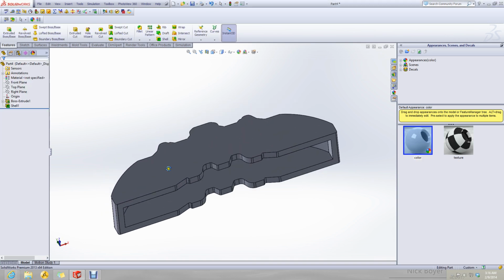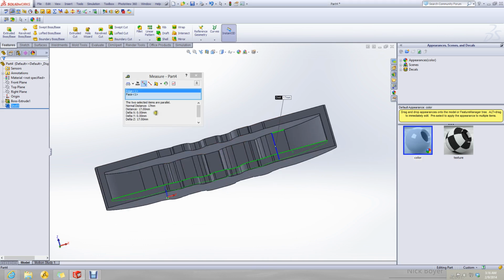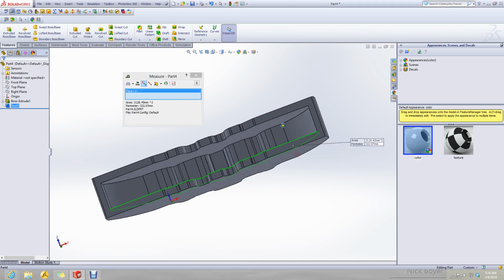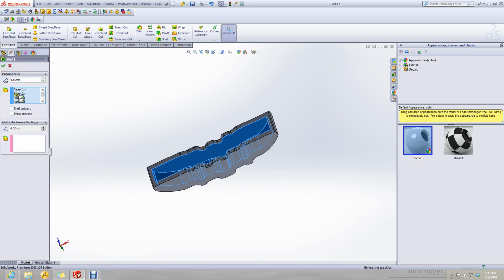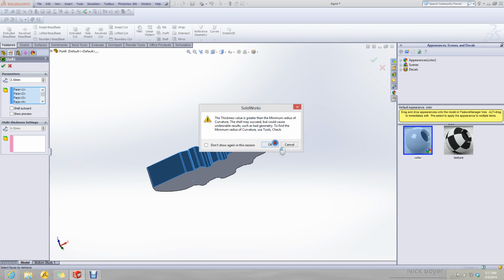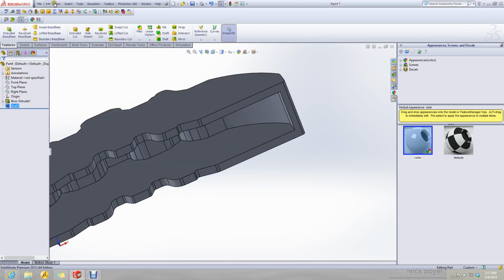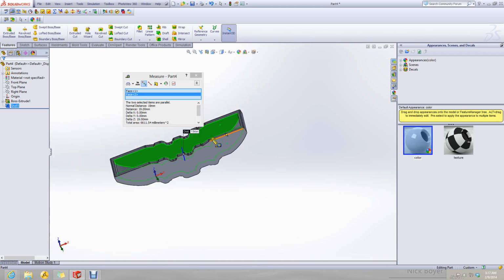Now this should be around 19. The distance is, sorry, it should be 3.5. Okay, now it makes 19 millimeters.